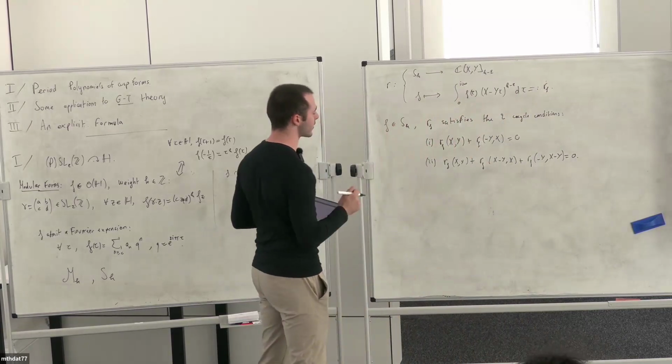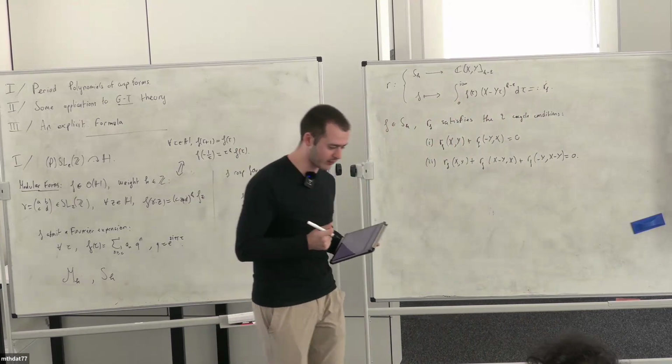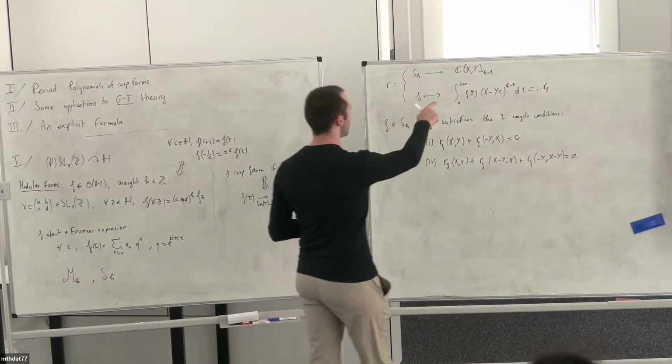So these two conditions arise when we want to consider one cocycles of the cohomology of SL2 acting on this space